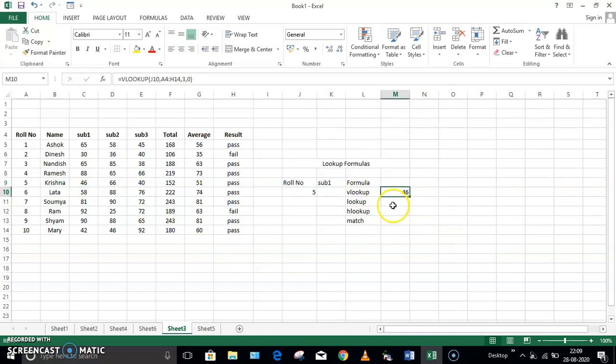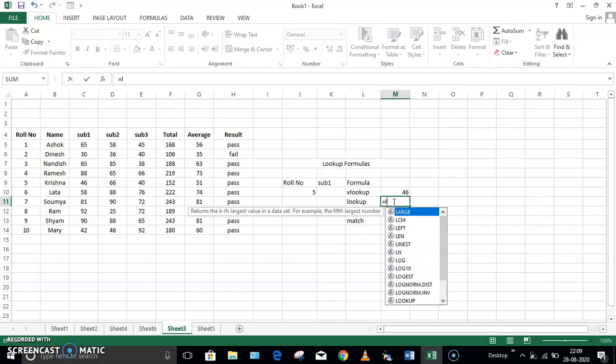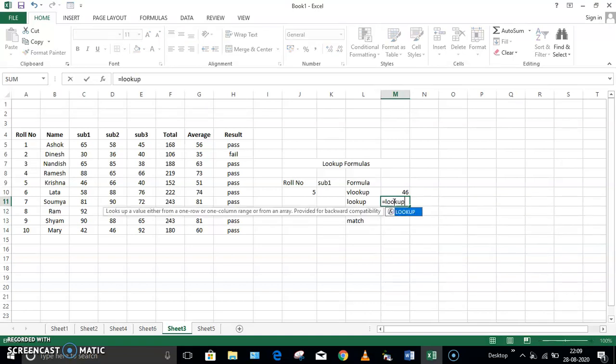Now let me show you how to use the lookup formula to search for the same data. So here I'll write equal to lookup. In the bracket you should write the lookup value. When we say lookup value, that means we are searching for the roll number.